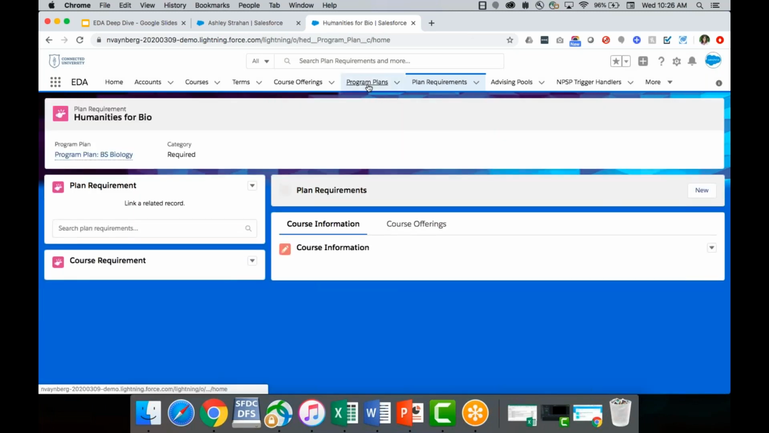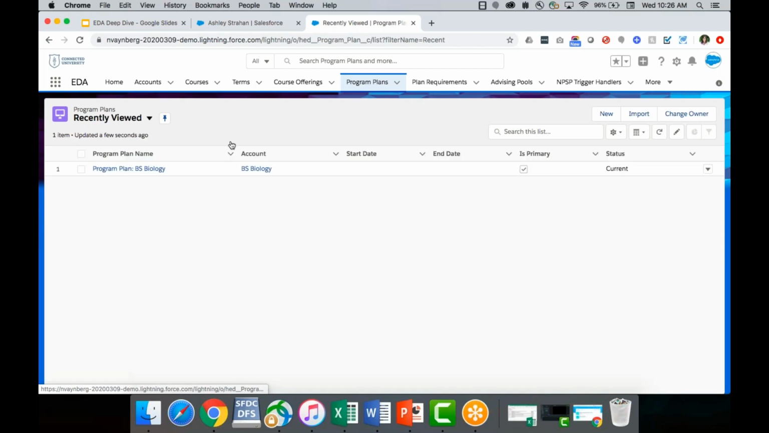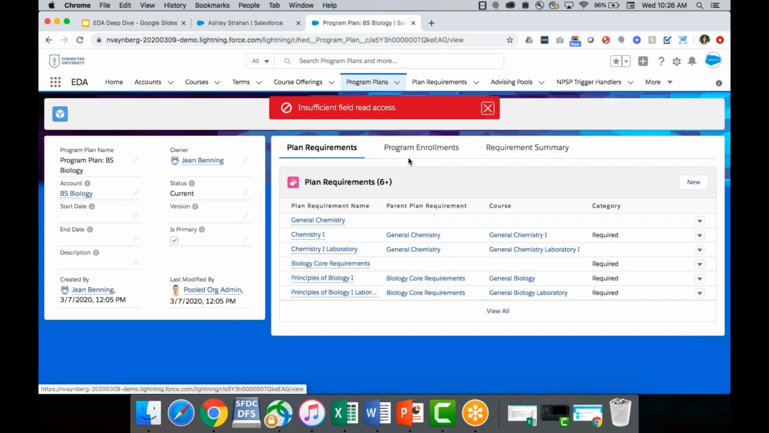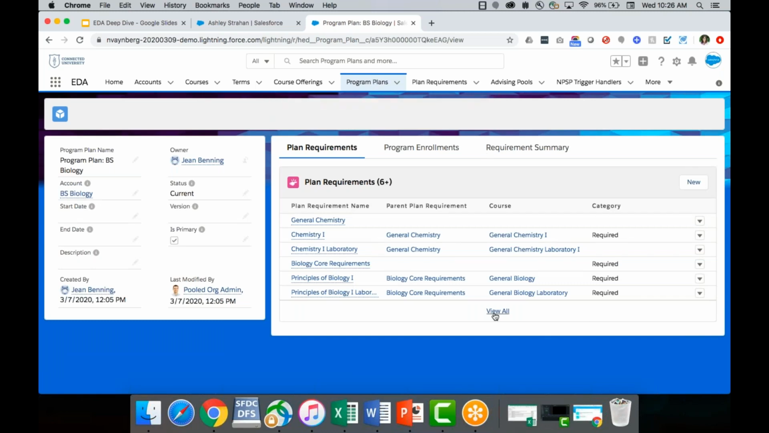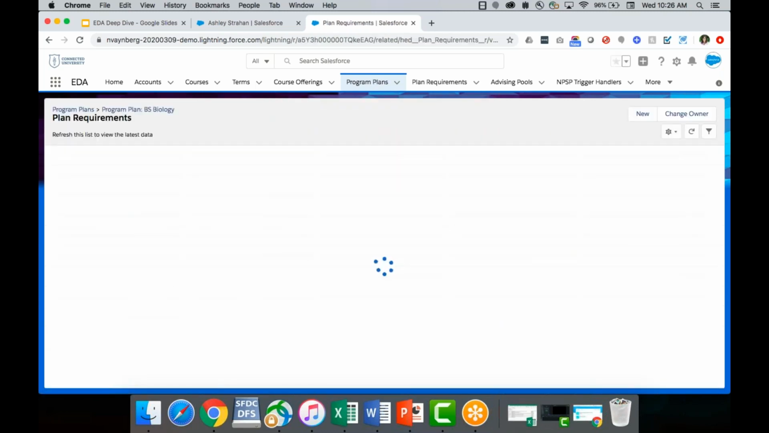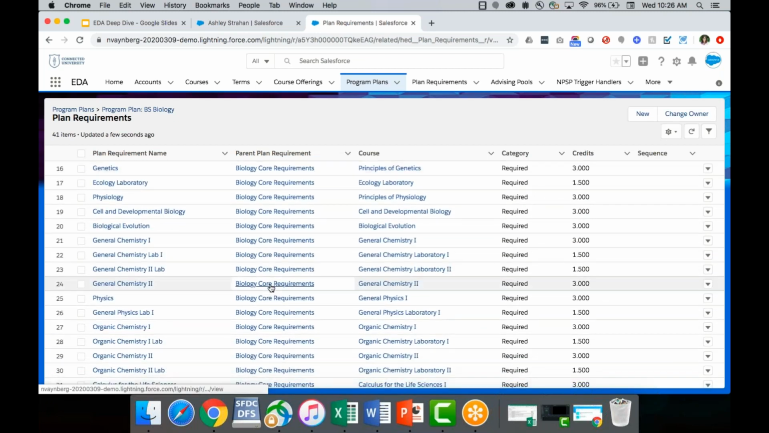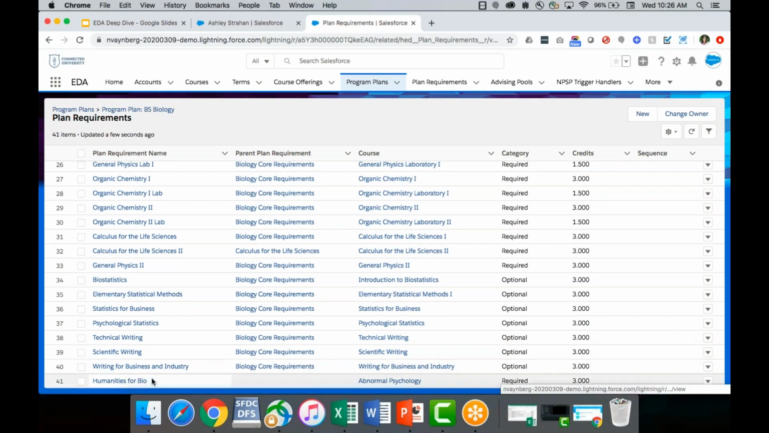And now if we were to go into this program plan, we should be able to see that humanities for bio plan requirement that we just created. Let's see if we can find it. Yes, there it is. So here we have populated it in there. All right, now let's hop back in